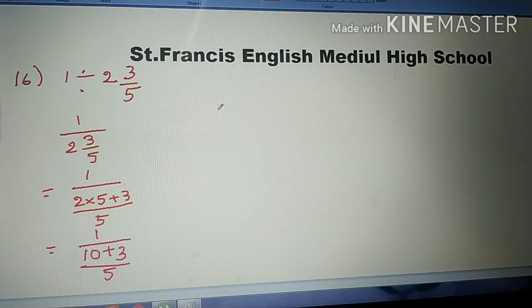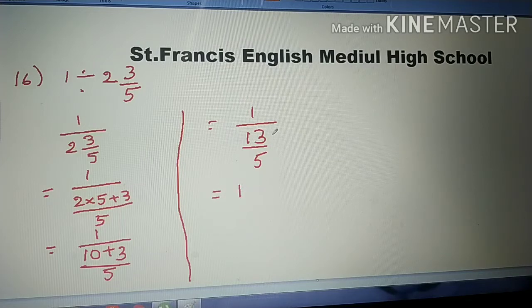See this one, what happens here? I am writing side by side. You write 1 by 1. Okay, so 1 is divided by 10 plus 3, 13. That is divided by 5. Okay, now I am writing with 1. I am writing this denominator with multiplication symbol and the reciprocal of this denominator. What is reciprocal for this 13 by 5? It will be converted into 5 by 13. Now any number multiplied by 1, or any fraction multiplied by 1, you will get that fraction only, 5 by 13. Okay, like that you have to solve problems.